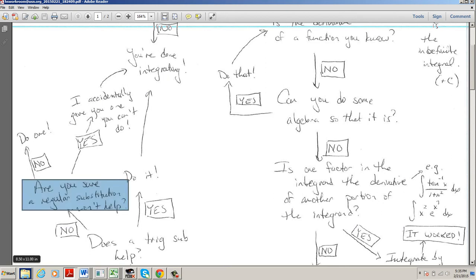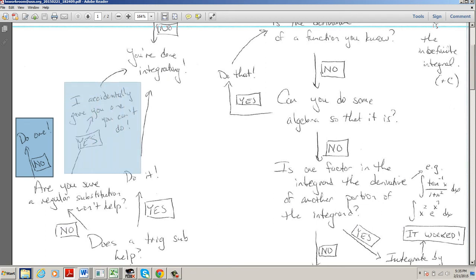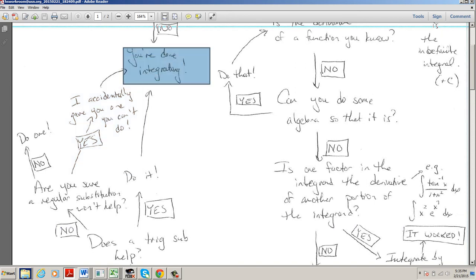Okay, are you sure that you cannot do a regular substitution? Maybe you overlooked that. No, I'm not sure. Well, just check. If you have some kind of problematic square root, so there's something under it that's not just x, that's a composite function. So maybe you can let w equal what's under the square root and something good happens. Or it's possible I gave you an integral that you can't do. If you're sure a regular substitution won't help, and if I gave you one you can't do, then you're done integrating. But I think I'm going to be able to find integrals that you can do for the test